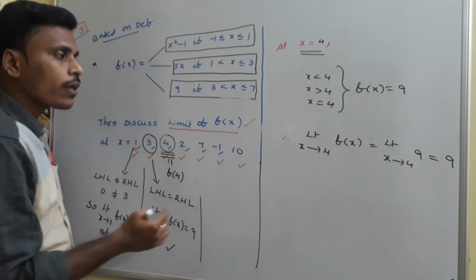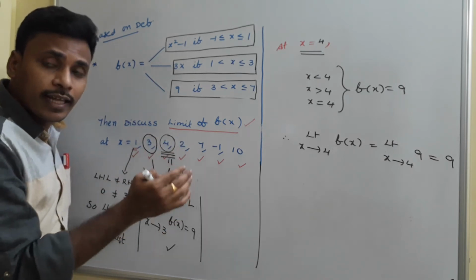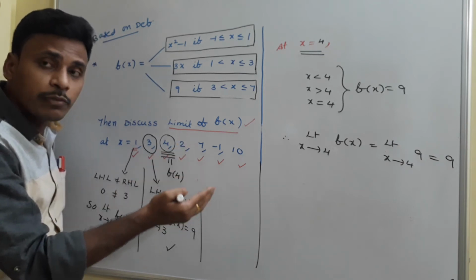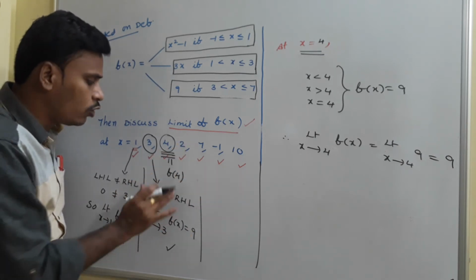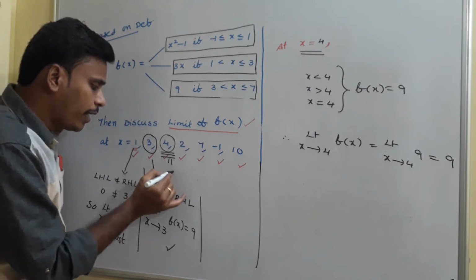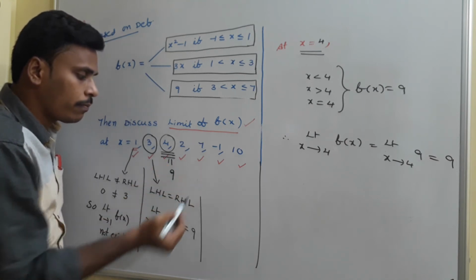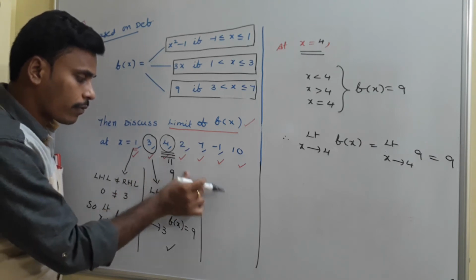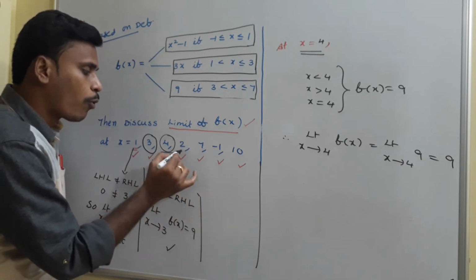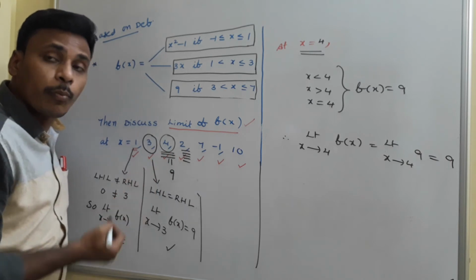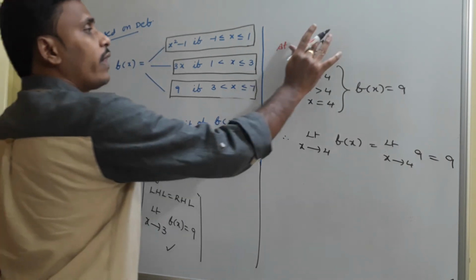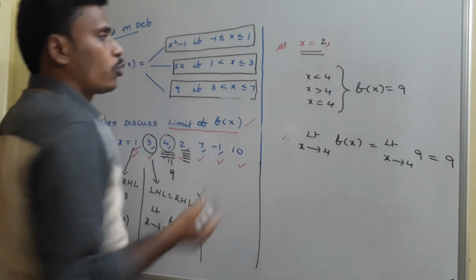Why? Because there is no difference before and after, right? And that's why I am just treating the limit value as the functional value. Otherwise you just say the limit exists and the value is 9. Okay, right? At 4 it is clear. Okay, and then we need to think about the point 2. Right, see, first of all, to discuss the limit value at x is equal to 2,